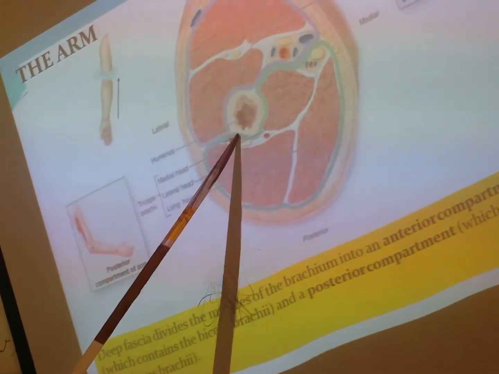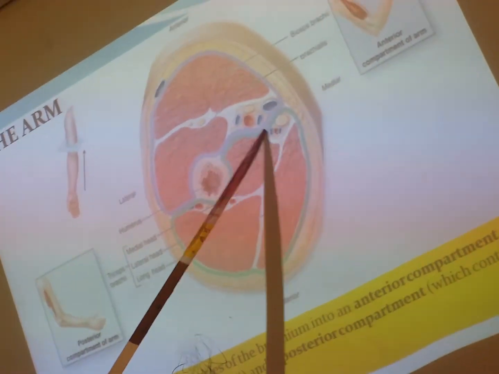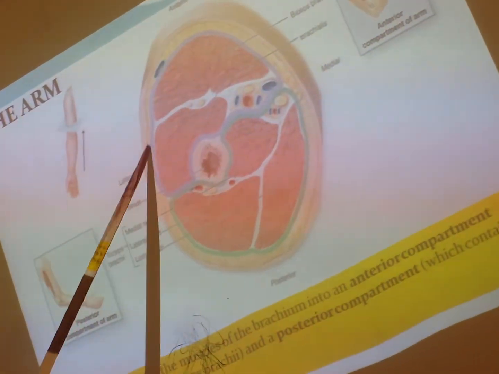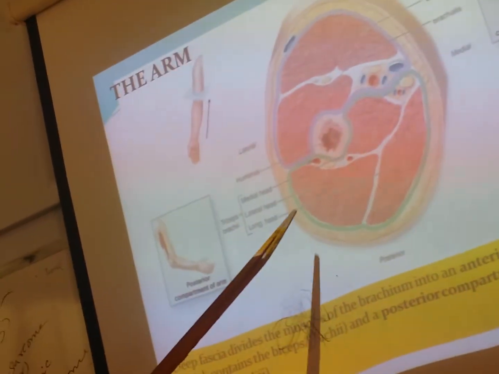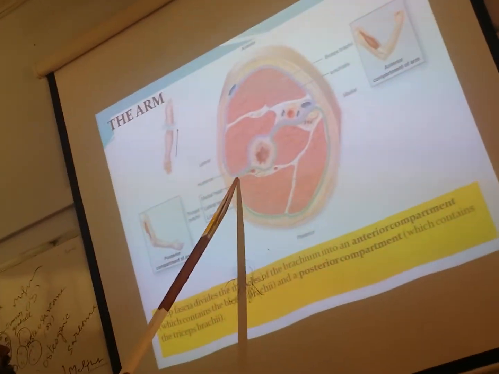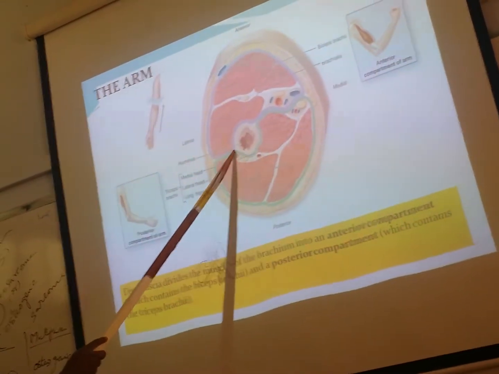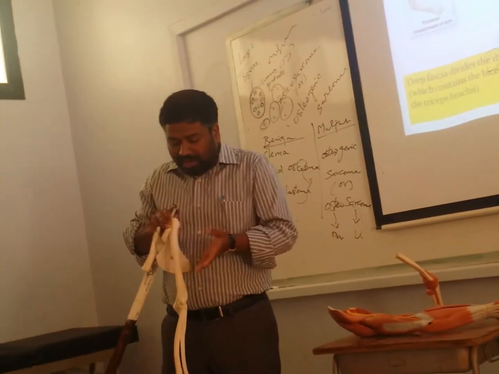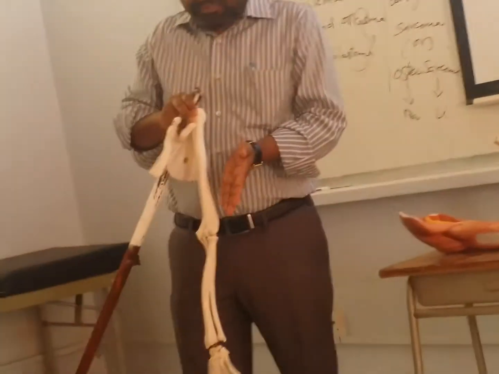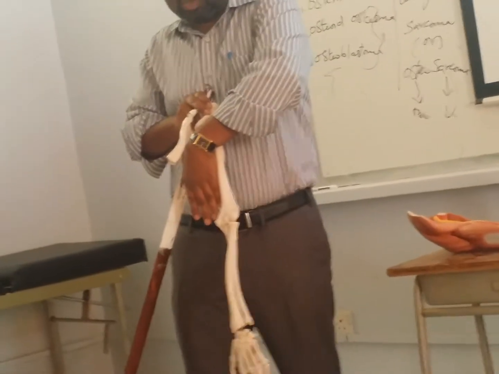Okay. So this is the deep fascia. This pista colored one and even this purple colored. So that's how the deep fascia is arranged in the form of the medial and lateral intermuscular septa. What are these? Very important. They are known as the medial and lateral intermuscular septa, which are attached to the supracondylar ridges. Okay. Lateral intermuscular septum and the medial intermuscular septum.